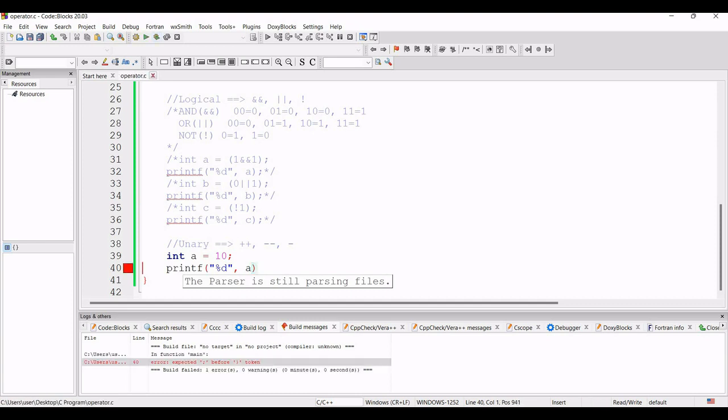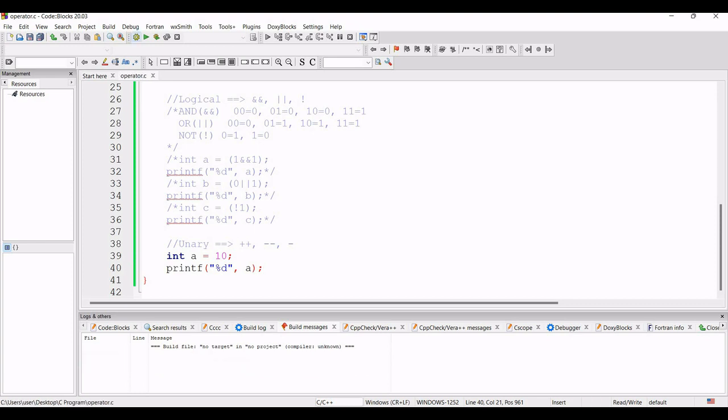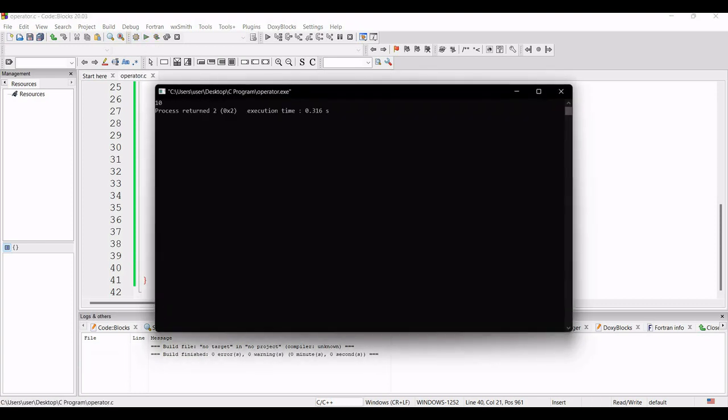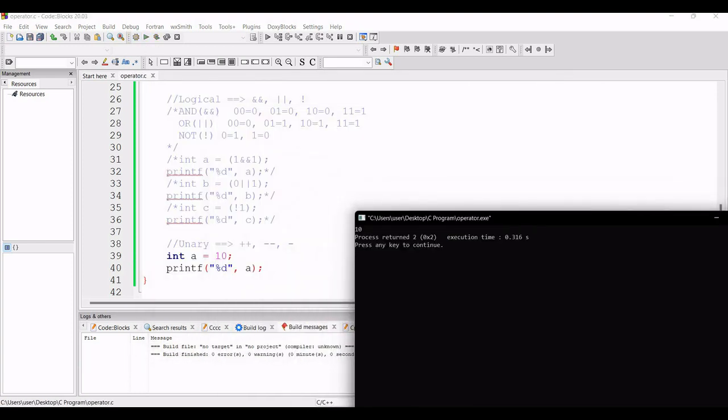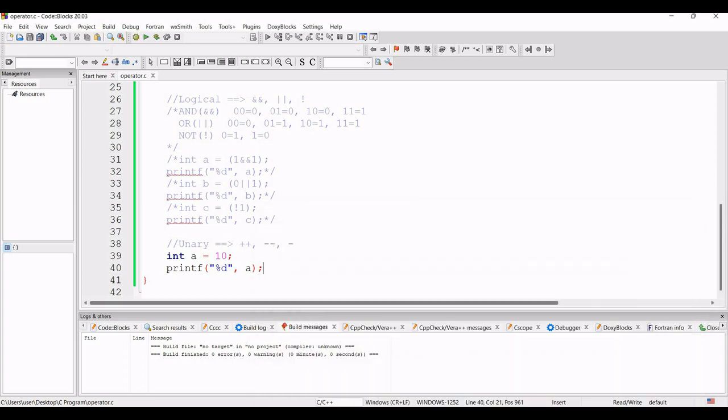So compile and run. Okay, so today I will make a lot of mistakes. Compile and run, 10 is there. So this is an easy program. Now if I make a plus plus, what will happen? The value of a is 10. This 10 value will be incremented by 1. What does the a plus plus operator do? The a plus plus operator does a equals a plus 1.